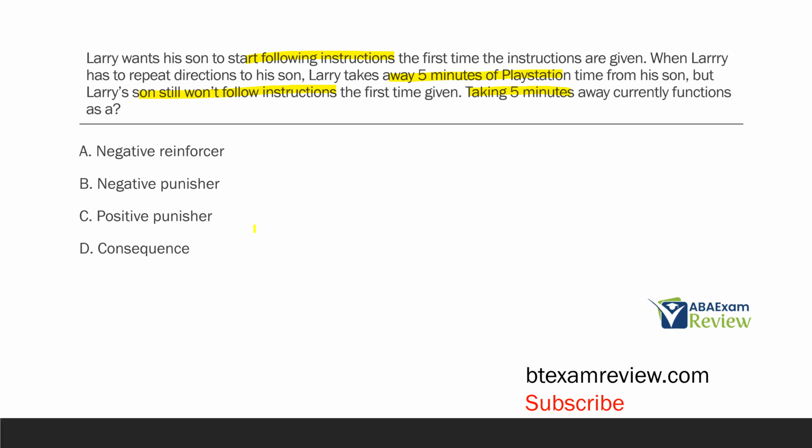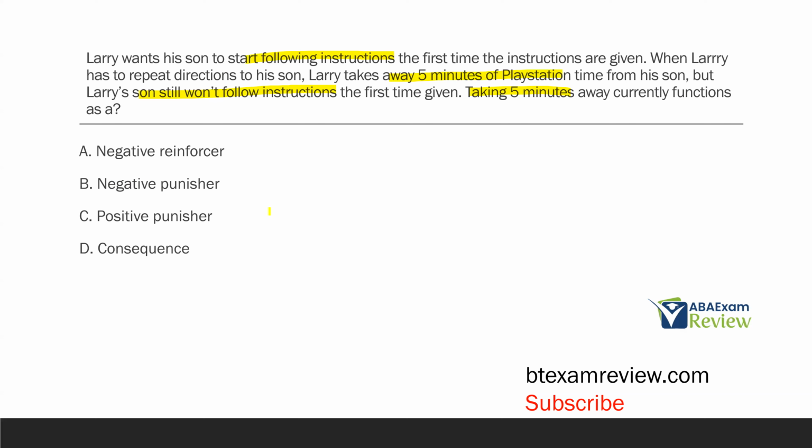So we have A and B, which are negative reinforcers and negative punishers. And yes, we're taking something away. So it does appear to be a negative consequence. But we don't know how it's changing the behavior. His behavior hasn't changed at all. He just still isn't following instructions. It doesn't say it's gotten worse. It doesn't say it's gotten better. It just hasn't changed. So when that behavior is not changing or even maintaining, we don't know what the consequence